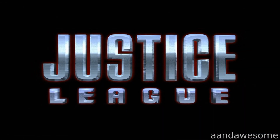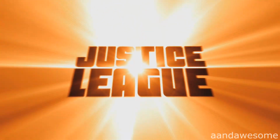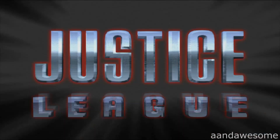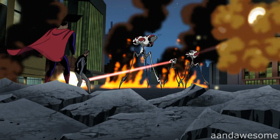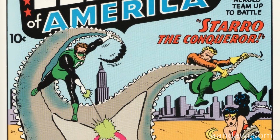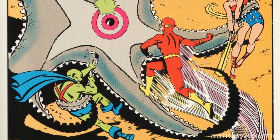The series was actually split into two shows, Justice League, which ran for 2 seasons, and Justice League Unlimited, which ran for 3. So let's talk about Justice League first. Bruce Timm decided not to follow the stories from the comics, but to make his own. However, they did follow the origin story for the first 3 episodes of the series. Aliens come down to invade Earth, and 7 heroes rise to the challenge to defeat them, and decide to start